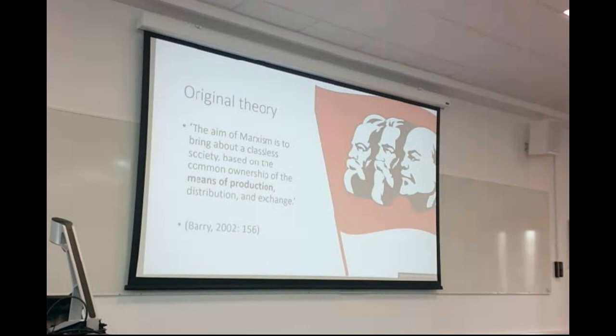Now, originally, the aim of Marxism was to bring about a classless society based on common ownership of the means of production, distribution, and exchange in a society. So, politically, what Marxism is all about is removing this two-class system in a society, getting rid of the idea that stuff can be owned, and instead having ownership for all. This, in many ways, is the foundation of communism in the 20th century. The problem with communism in the 20th century is that it's a beautiful idea, but it doesn't work, unfortunately. But there you go, like a lot of ideas.